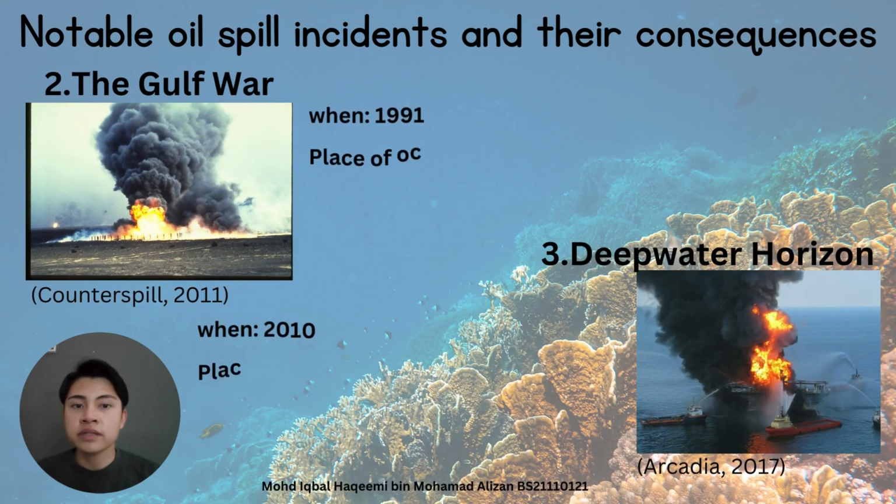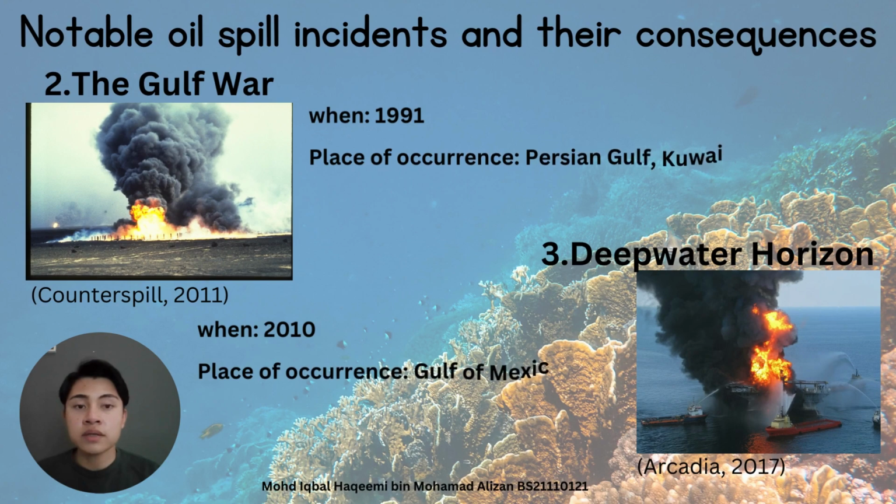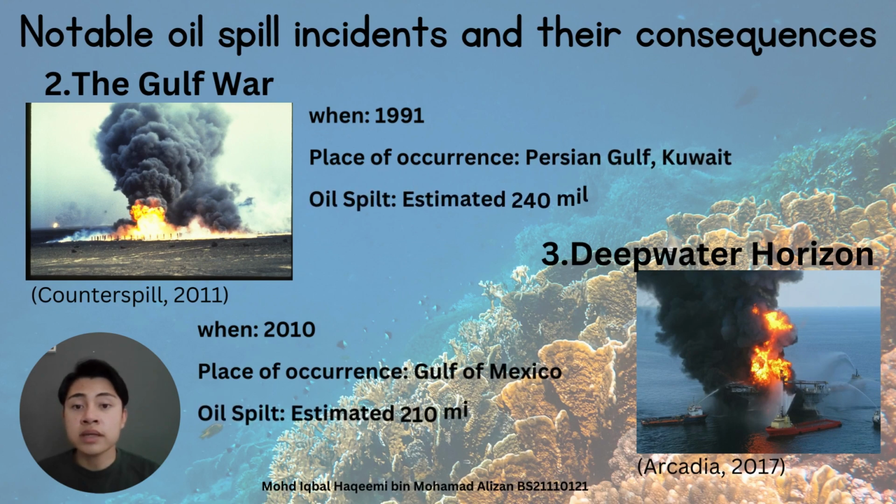Next are the Gulf War incident and the Deepwater Horizon incident, which occurred in 1991 and 2010 respectively. The Gulf War incident occurred at the Persian Gulf in Kuwait, with the oil spill estimated around 240 million gallons, whereas the Deepwater Horizon incident occurred in the Gulf of Mexico with an oil spill estimated around